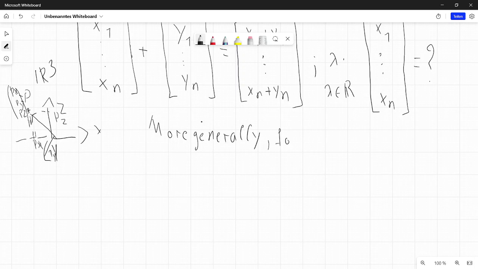Find field k, for example, complex numbers or rational quotient functions and things like that. More generally, for any field k, define analogously